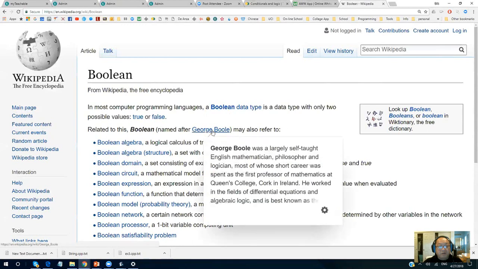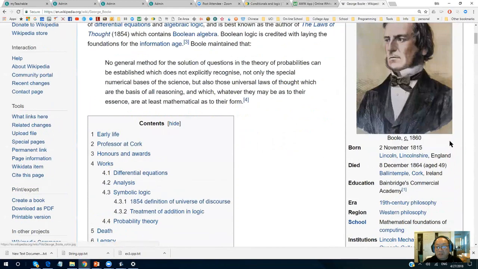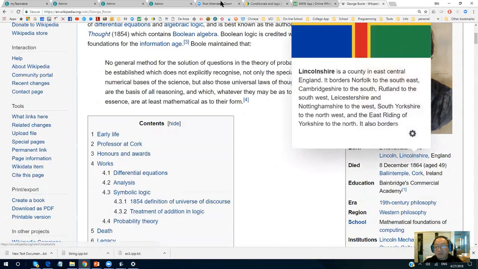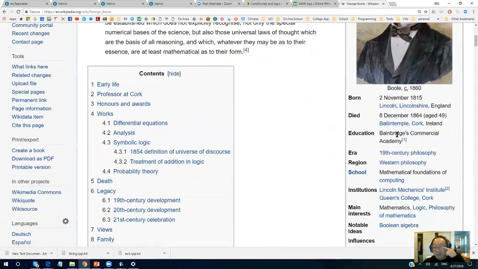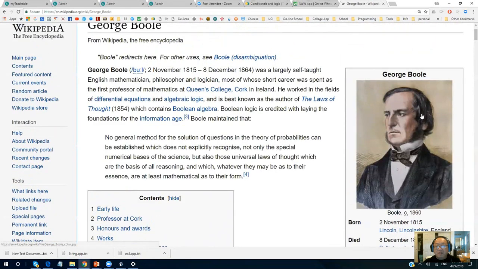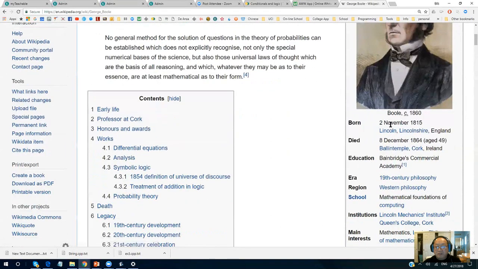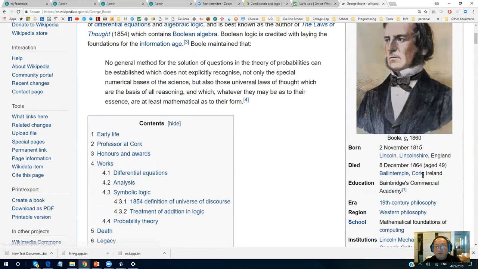There was a guy called George Boole, born in England. His lifetime ended around 1864. He probably lived in the same period as President Lincoln, who was assassinated around a similar time.